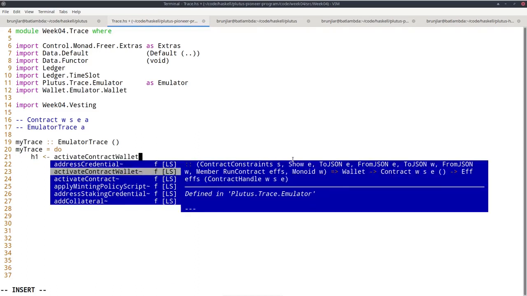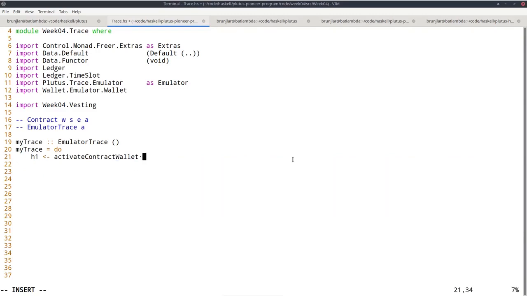And for that we have a function in this emulator trace monad, activateContractWallet, and it takes a wallet, so wallet 1, and it takes the contract we want to activate, which was called endpoints. It's always called endpoints if you want to try it in the playground. Of course, we could choose another name if we are not worried about the playground.